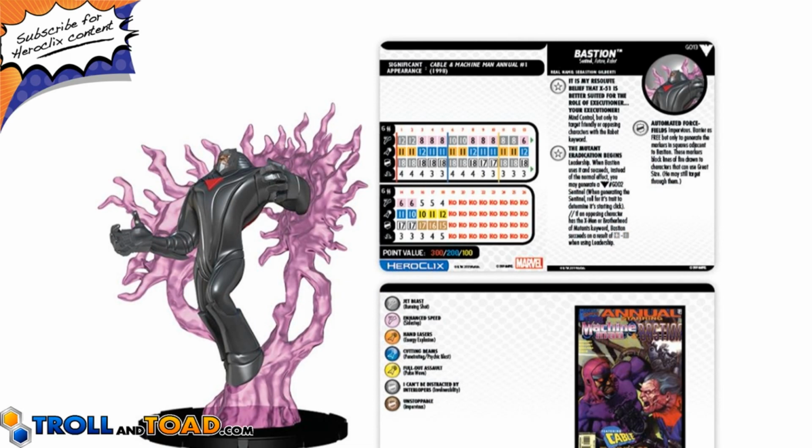Next up, we have Bastion, number G13 in the set. Has the Sentinel feature and robot keywords. Has 2 traits and a special on his defense. His first trait is called, It is my resolute belief that X-51 is better suited for the role of executioner